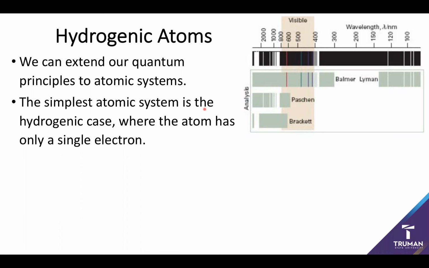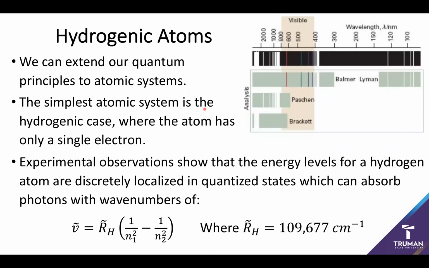And this is a nice, simple case to study, mostly because we don't have to deal with the pesky nature of two very small, fast electrons interacting with each other, but can simply focus in on how an electron moves around a nuclei. So one of the real important early discoveries in quantum mechanics is that the electron moved around a nuclei in discrete orbitals. And one of the proofs of this was essentially